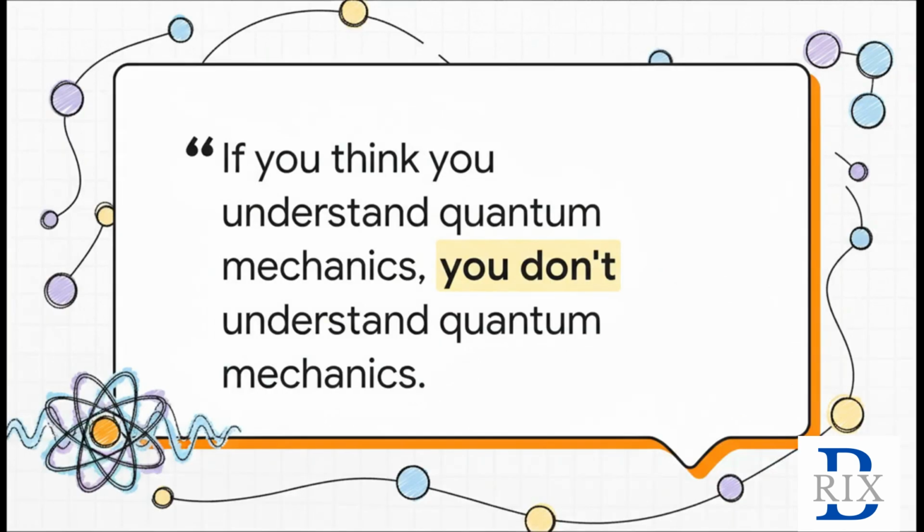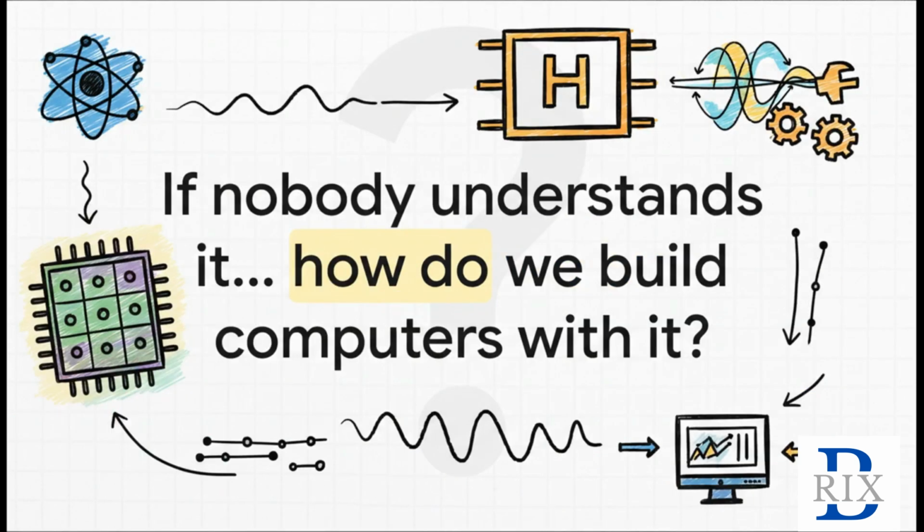You know, the famous physicist Richard Feynman once said, "If you think you understand quantum mechanics, you don't understand quantum mechanics." And he was so right. This perfectly captures the sheer strangeness of the quantum world. We're talking about a realm where particles can be in multiple places at once and are somehow mysteriously linked across huge distances. So that begs a pretty big question, right? If even the experts are stumped, how on earth are we supposed to build computers with this stuff?